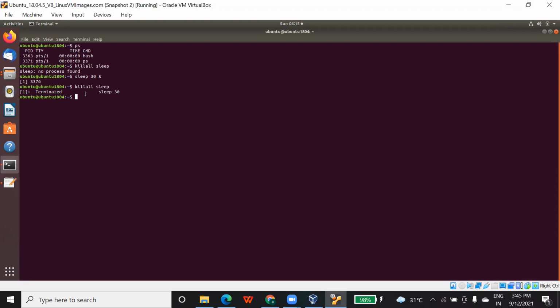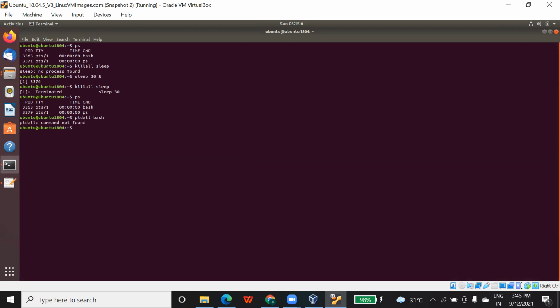If you want to check the process ID of any process, how can you do that? pidof bash. First of all, let's run the ps command. These are the different commands you're running. So let's use pidof and give a name like bash.